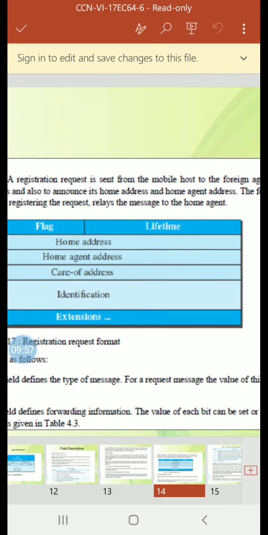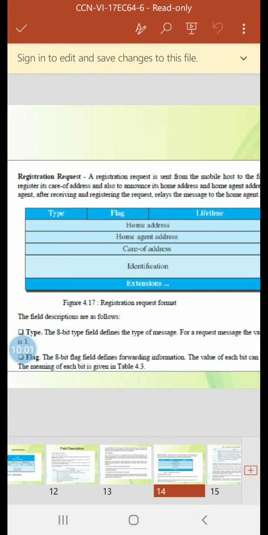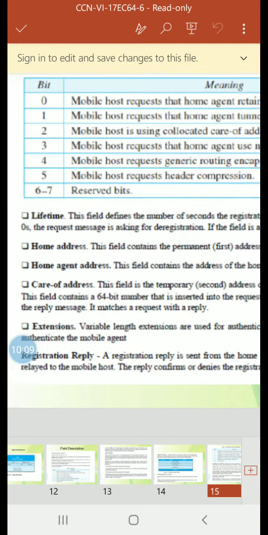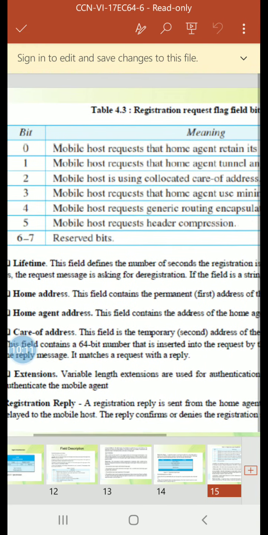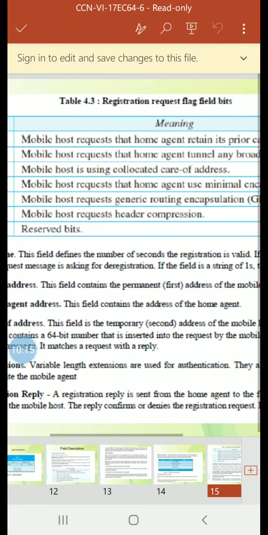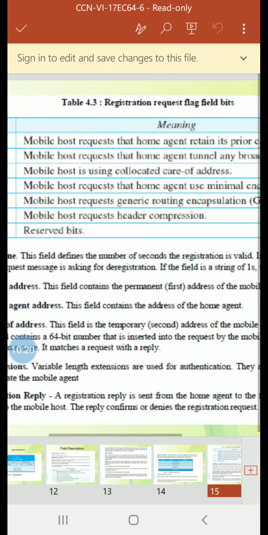The value of each bit can be set or unset. The meaning of each bit is given in the table. So we'll see the table. In the registration request flag field, if bit 0 is 0, the mobile host requests that the home agent retain its prior care of address.